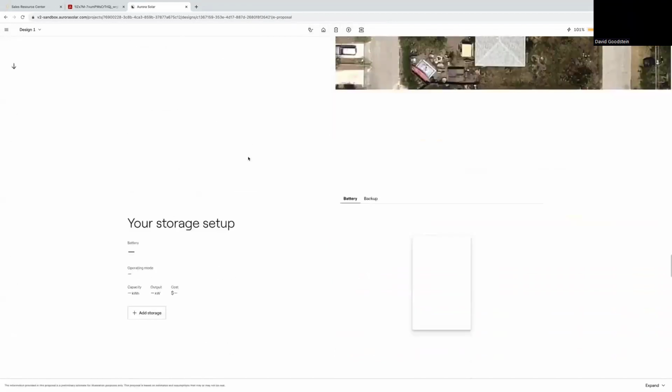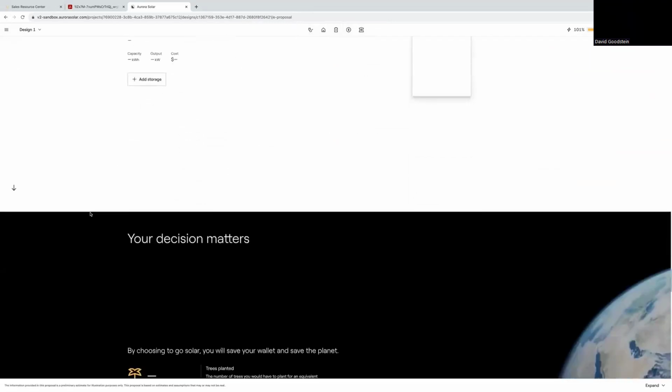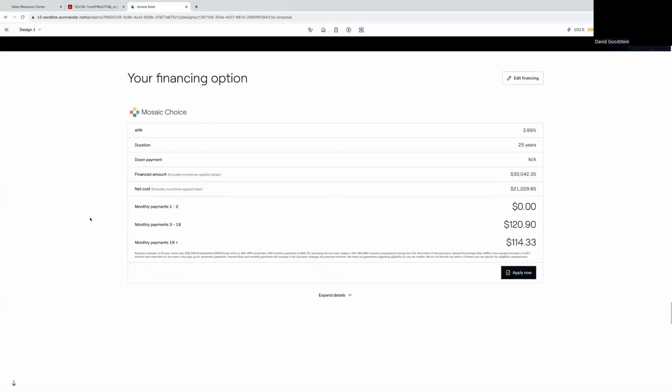So as I scroll down, now I can see the storage page is included. If I was going to add storage to a project, I would do that here. As I scroll down, you'll see the remaining sales slides and then drop down to the financing option. So now that this is that top to bottom navigation, I can click the apply now or edit and choose